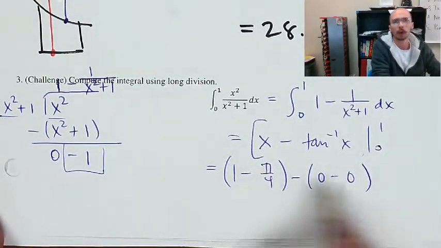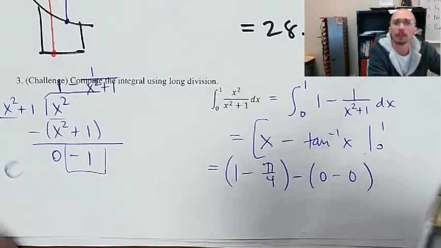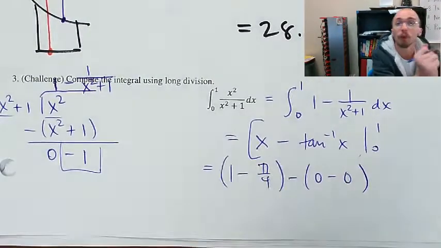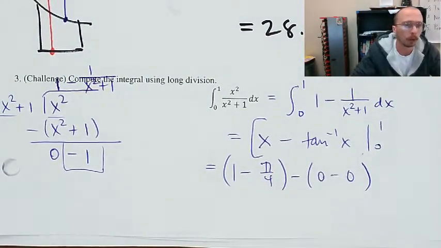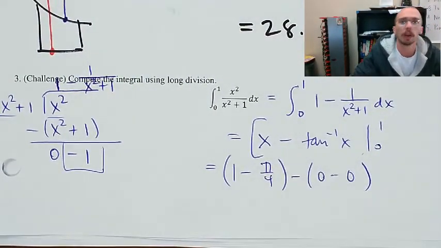If you're not sure why these are what they are, well, I guess you're just going to have to come talk to me about it, because I don't have time to get into that right now. And that's 1 minus pi over 4, which is a positive number. And, well, that's all I've got for you. Thanks for